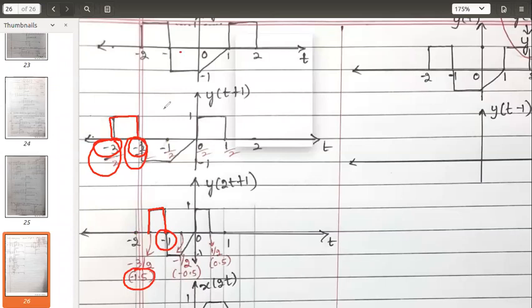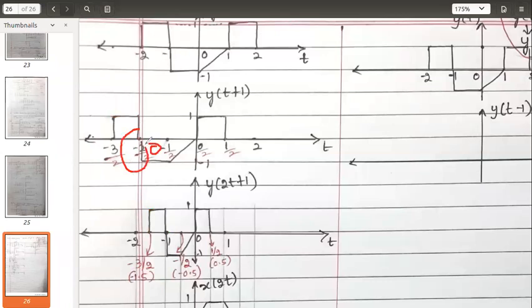Then coming to the second part. Time is -1. We are here now. What is the time here? If we divide by 2, we get -0.5. If this is your 0 and this is your -1, in between exactly will be your -0.5. I have marked it with the red pen. You can see this down pulse is now in between these two. Okay, two are over. I have done this part and this part.